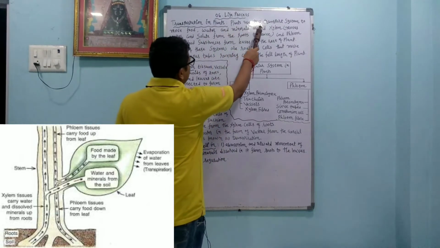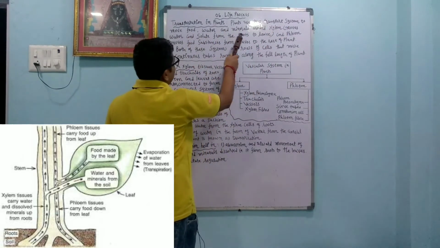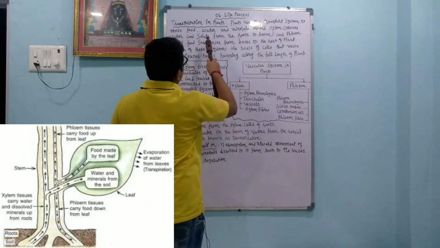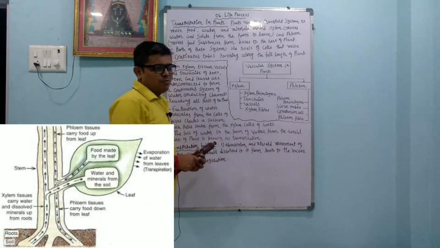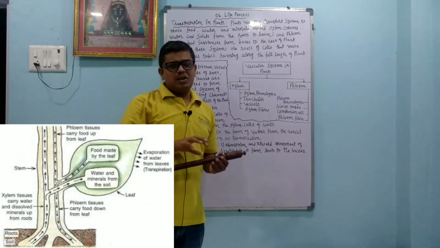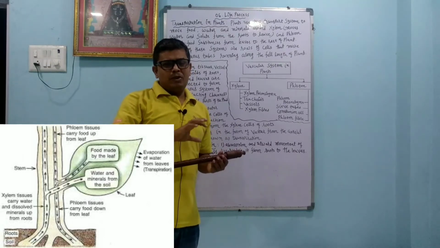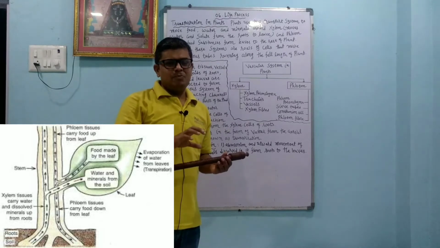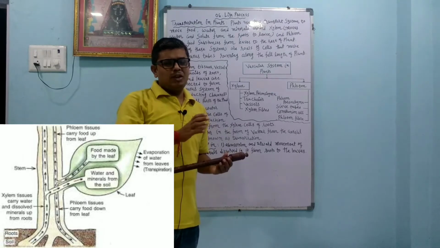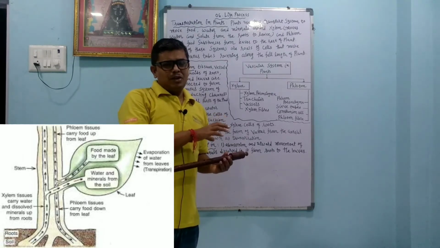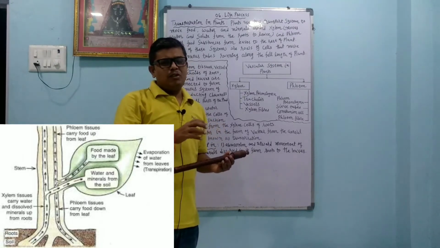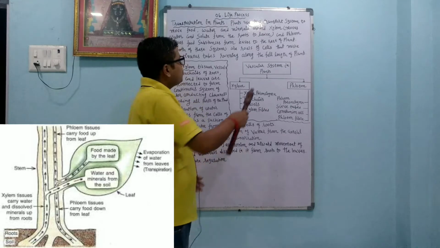Transportation in the plant. Plants use two transport systems to move food, water and minerals around. Xylem moves water and minerals from the roots to the leaf. So the main thing is, two systems are there in the plant. One carries the soluble part of water, minerals and other things. Another takes the food from one part to another part. The one that takes the mineral, soluble part is called the xylem system, and the other takes the solid part to the different parts of the plant, that is called the phloem.